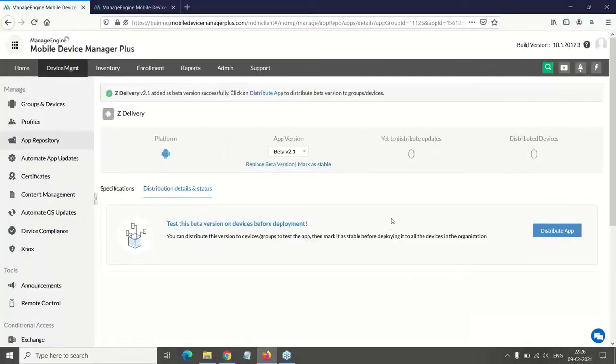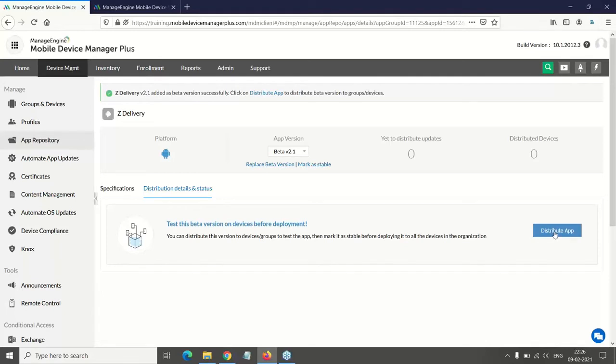As you see here, the updated version is uploaded and it is available as a beta version, and you can deploy it to your test bed before deploying it to the production environment. You can distribute it to a couple of devices, test the productivity, and then deploy it to the existing devices.